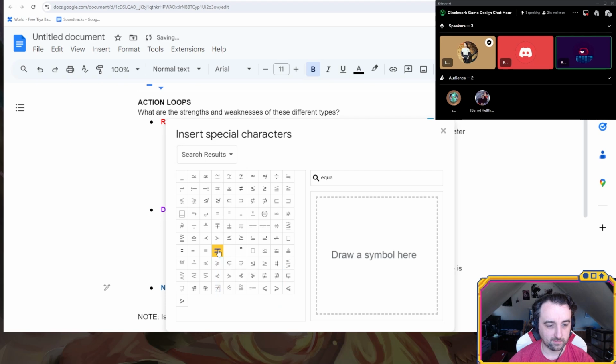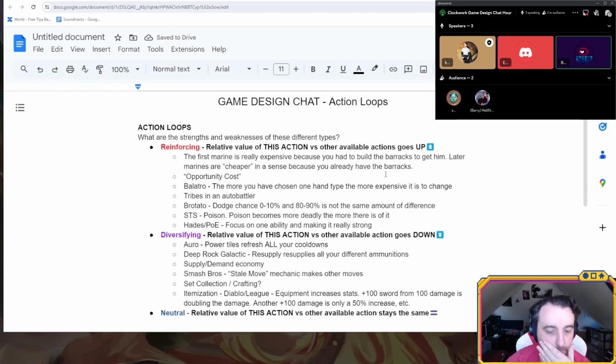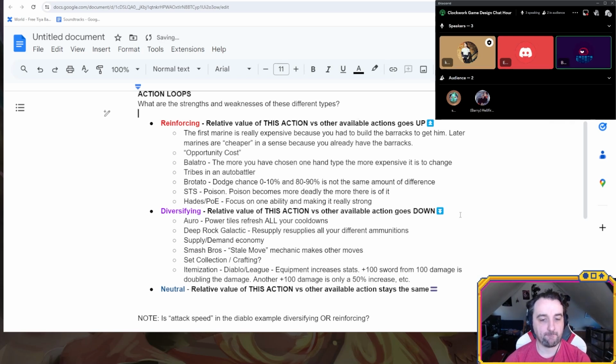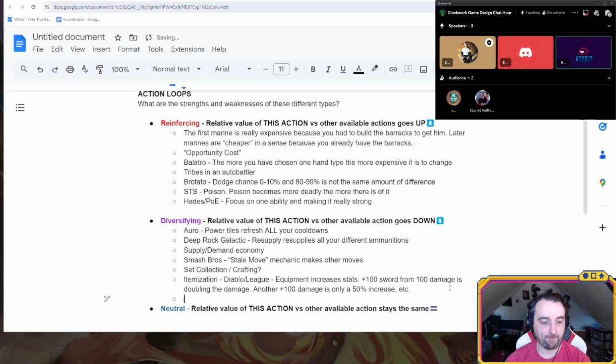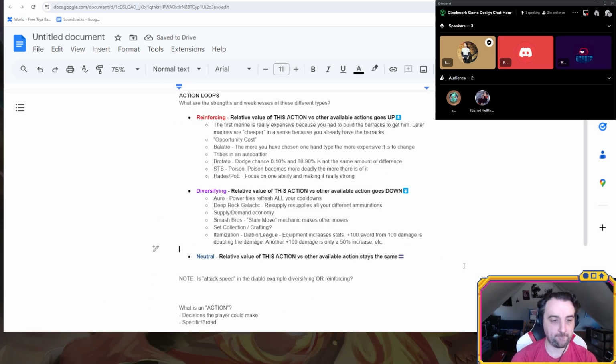This is very much opportunity cost stuff: if I'm doing this attack, then I'm not doing this other attack. You can just keep spamming the same thing if you want, or you could change it up and do a bunch of different stuff.